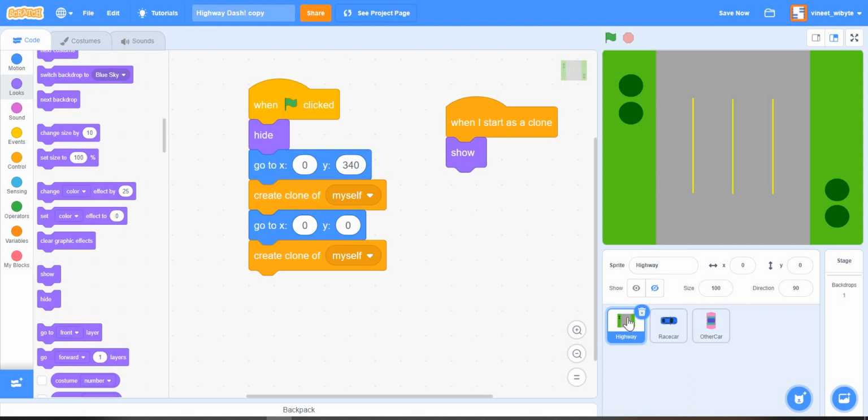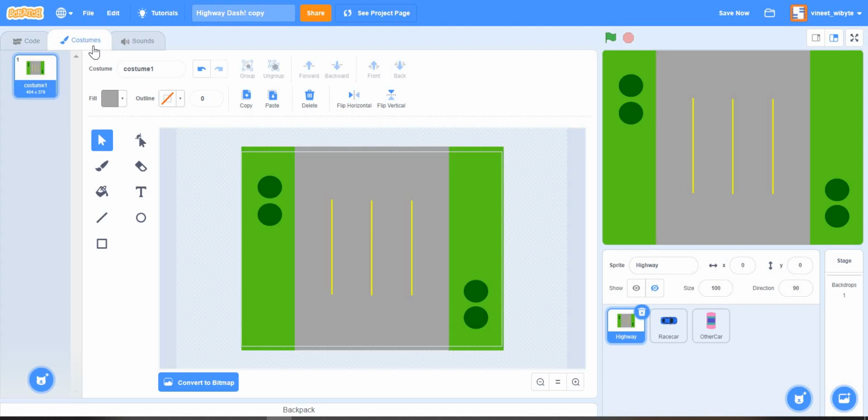So at this point, I want to highlight one thing. When you make your costume, make sure you're giving it no outline, because otherwise the outline will show up here, right? The whole idea is to make it as continuous as possible. So no outlines, a simple drawing will actually help. Or you can also use, like I said, something like stars or the boardwalk, which are generally continuous in the direction that you want. So that's why it's important. Now this, for example, will be awkward to scroll horizontally. So I'm only focusing on continuity in the vertical direction because I'm going to make it scroll only vertically, right?